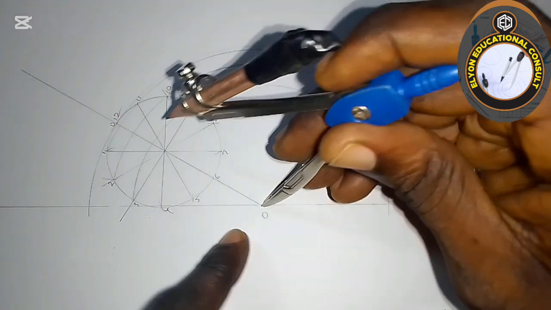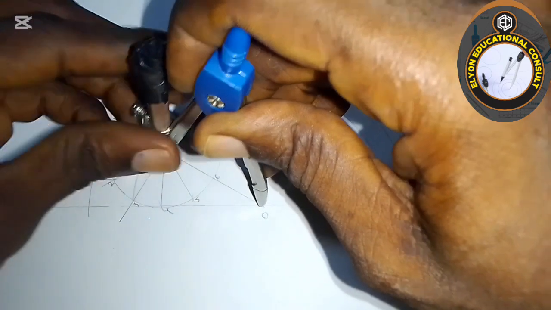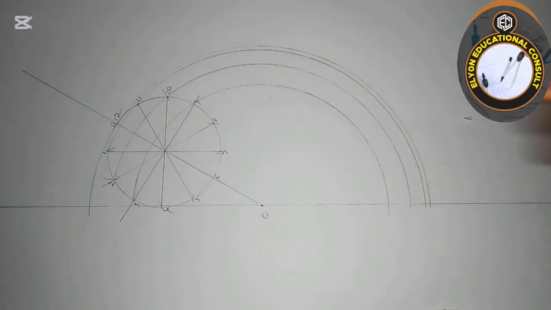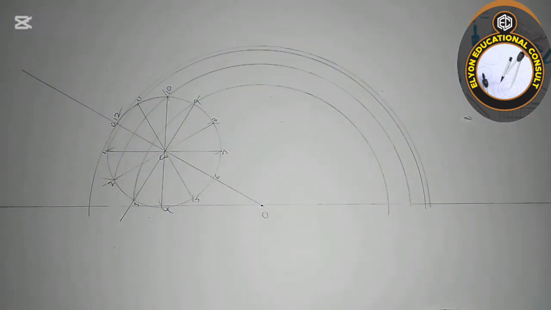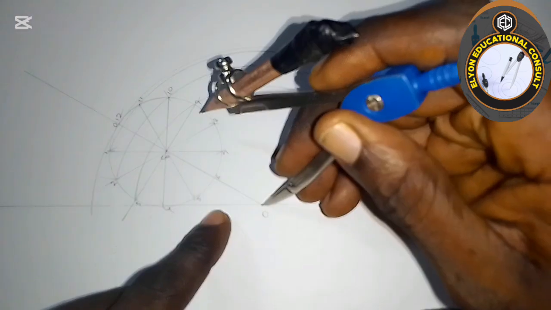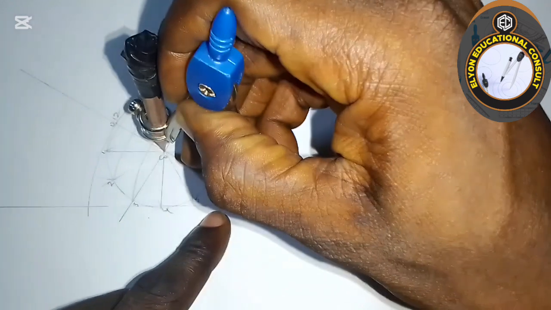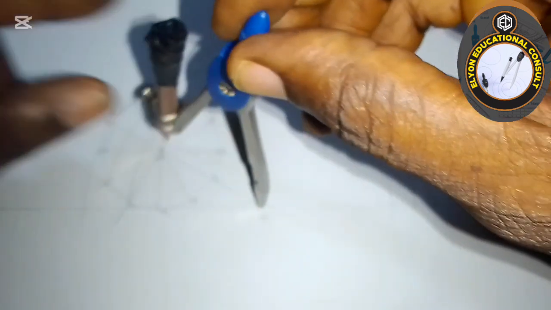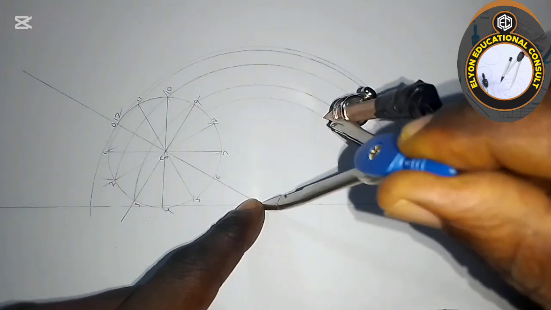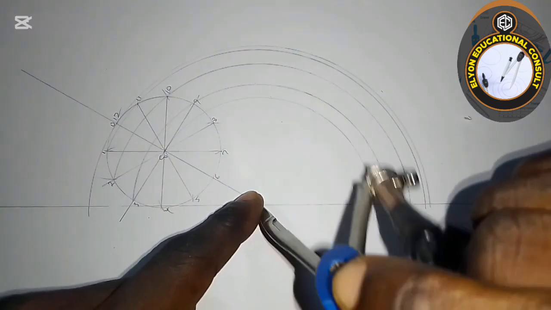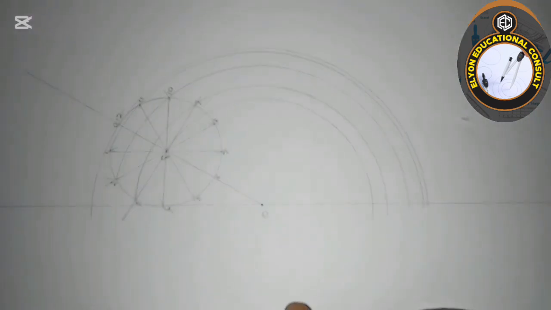Okay, then we are going to draw for the center of the circle. So this center of the circle, let's call that CO, center 0 for the circle. So for the center of the circle, just fix your compass this way, stretch to this CO, then we draw this. Okay, as you can see. All right, so we go now